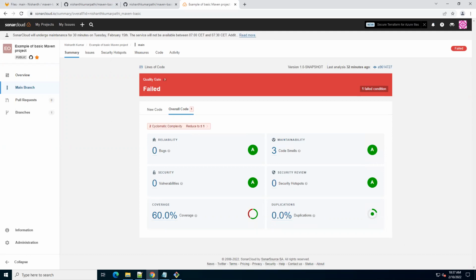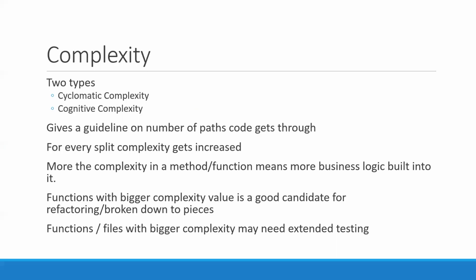Cyclomatic complexity means you are talking about loops? Yes, that's where our next concept is going to be. Okay, Nishant, you are saying that if I have one condition in my for loop, I need to maybe have. If I complete, it is easy. I'm starting now. Okay. So first,